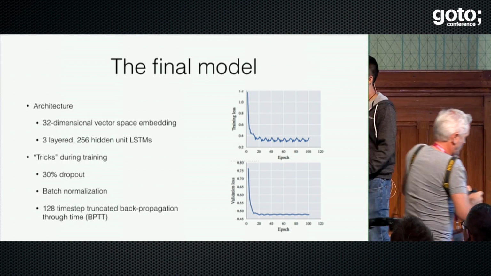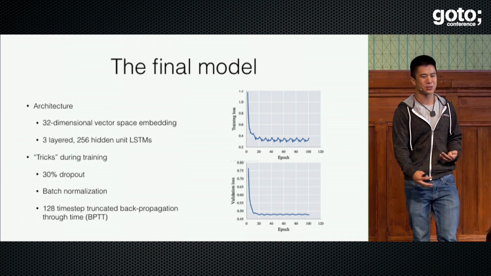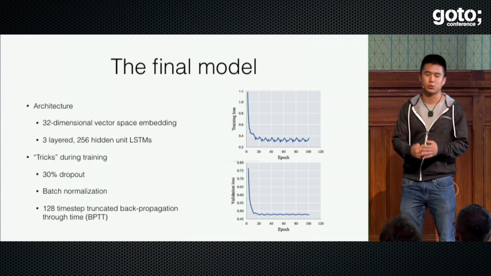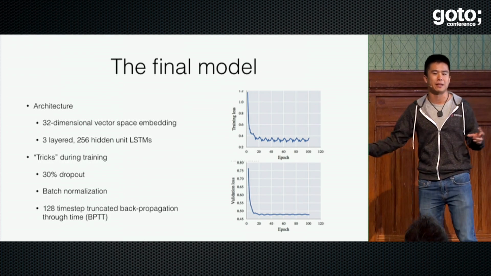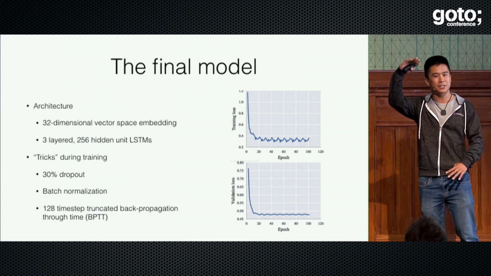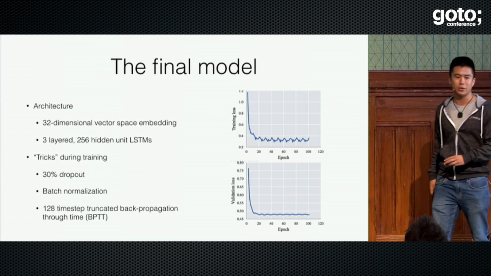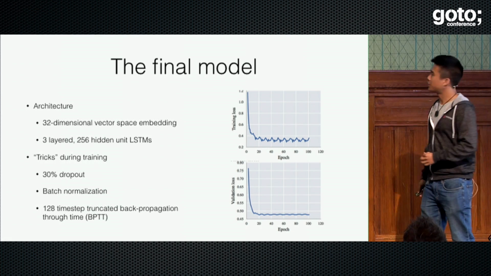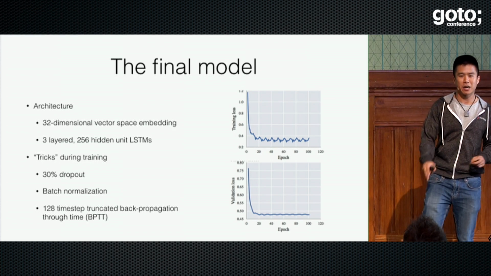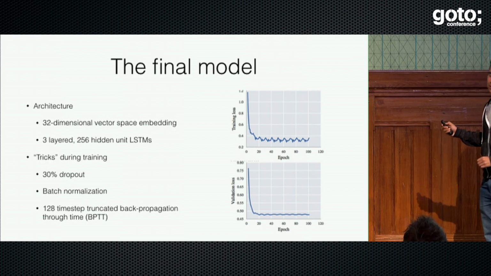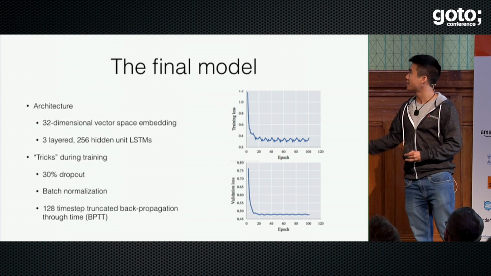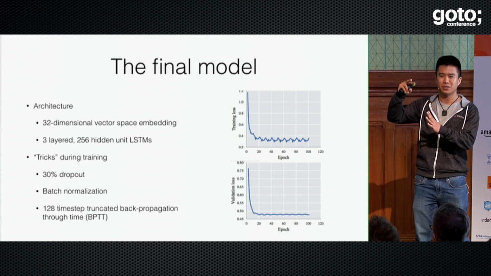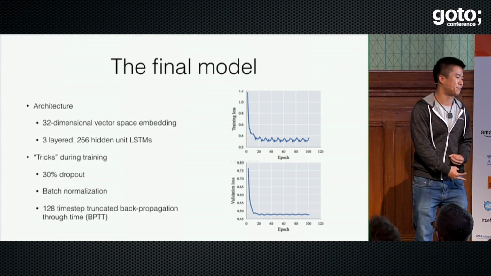Cool. After all of this experimentation and all of this manual grid search, we finally arrive at a final architecture where notes are first embedded into a 32-dimensional real vector, and then we have a 3-layer stacked long short-term memory recurrent neural network which processes these note sequences over time. And we trained it using standard gradient descent with a couple tricks. We use this thing called dropout, and we drop out with a setting of 30%. And what this means is, in between subsequent connections between layers, randomly turn 30% of the neurons off.